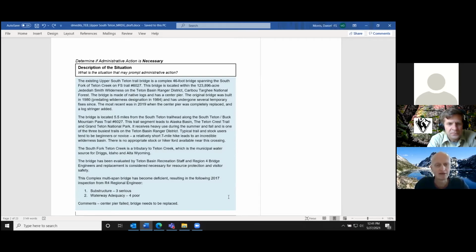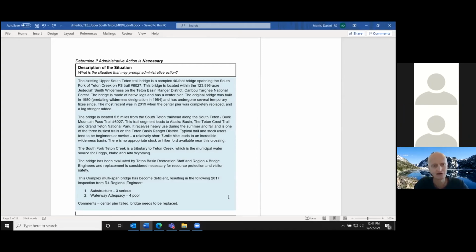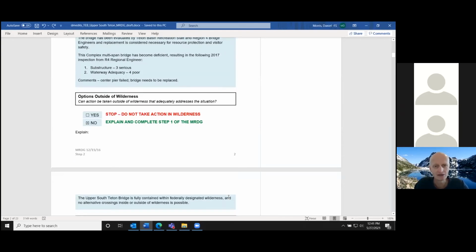And they did a pretty good job here. They just talk about, yeah, we have this bridge on a certain trail. Our engineers have told us that it needs replaced. It's no longer safe. So right there, they have some need for action. They didn't get into different alternatives, which is pretty good. All right, and I'm going to go through this fairly quick, but hopefully not too quick here.